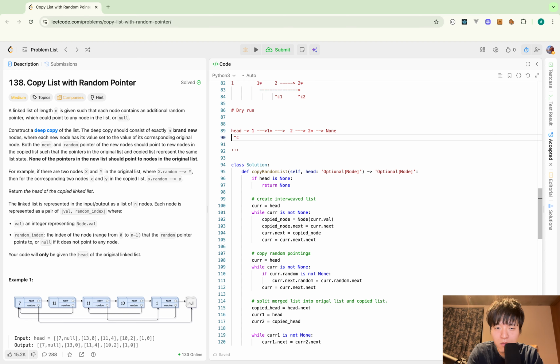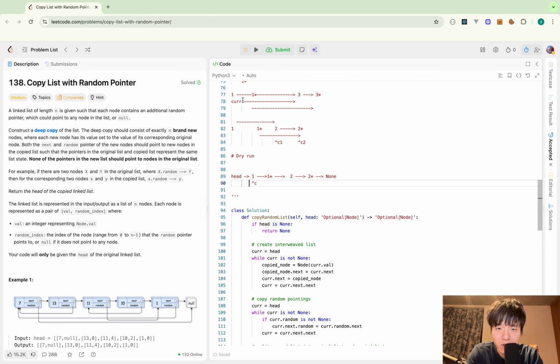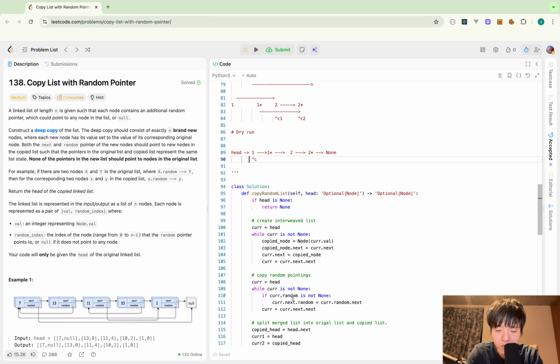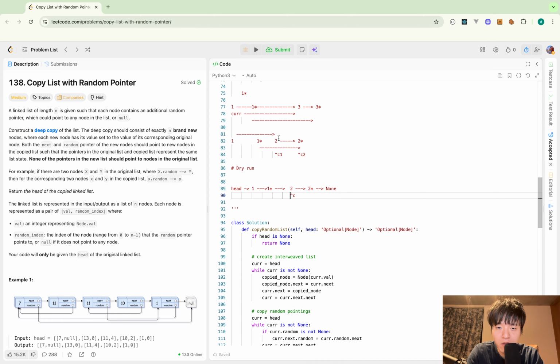Oh, here. So while current is not none, current.random is pointing to none. I don't do anything, and current is current.next.next. It goes here. Good. And I come to 109, and current is none. And in 110, current.random is pointing to,